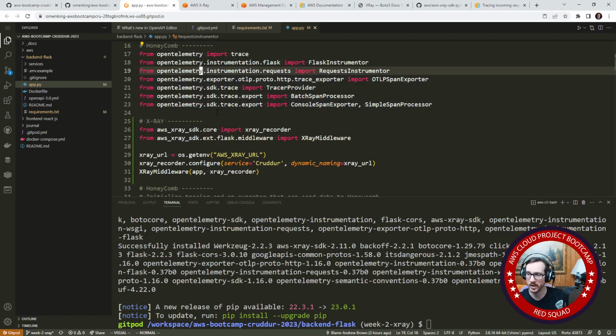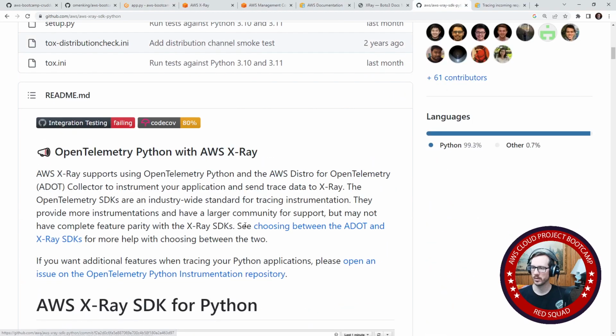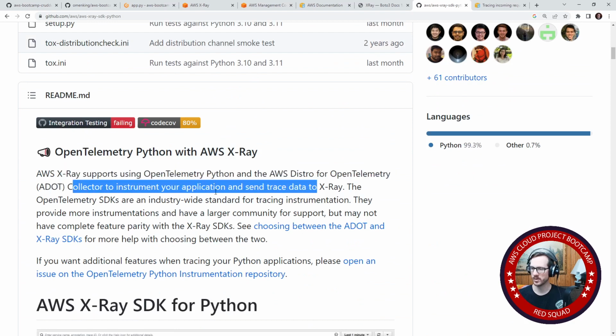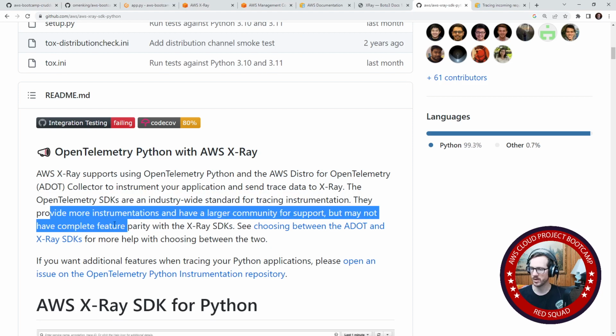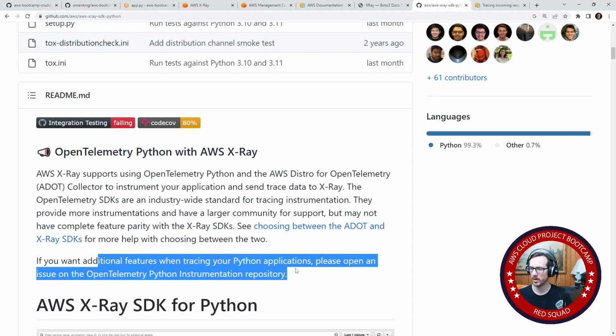Now there probably is a way to do it with XRay as well. In fact, I think this library does use OpenTelemetry. Does it not? XRay supports OpenTelemetry for the distro collector instrument, the SDK industry-wide. They provide some instrumentations, but may not be feature complete. If you want additional features, please open it up. Okay, so I think this is saying that,